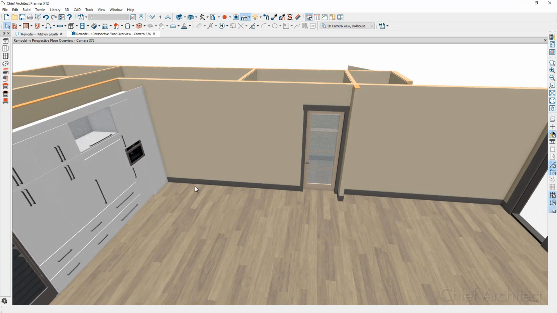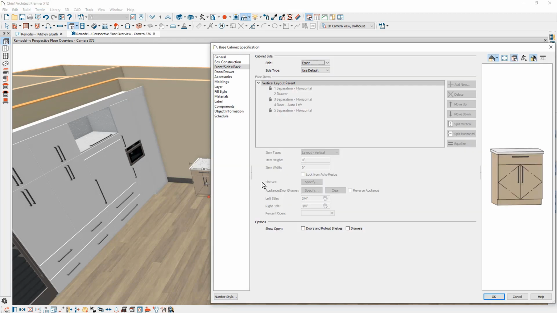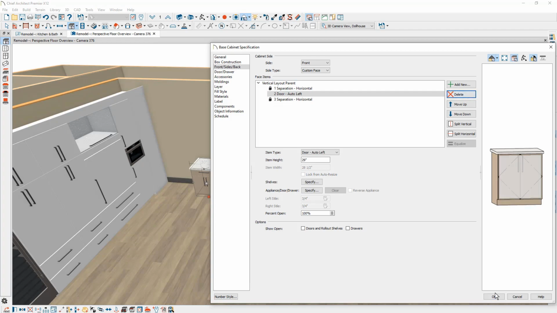and let's begin by placing our base cabinets. Using the base cabinet tool, I'm going to come over here and click and place the base cabinet. You'll notice that we have temporary dimensions being displayed, and just like in the wall elevation, I can easily resize this to be a 30-inch cabinet. Double click and open up this cabinet. I'm going to go ahead and click on the drawer face item and remove that.